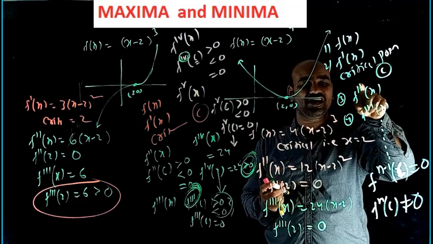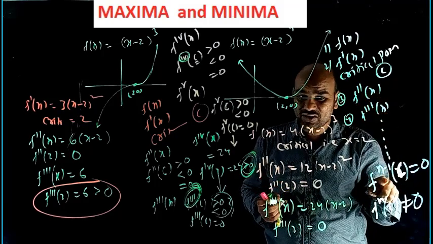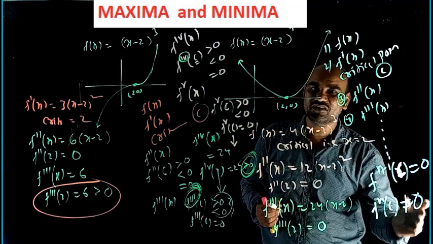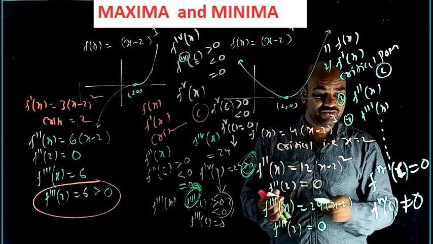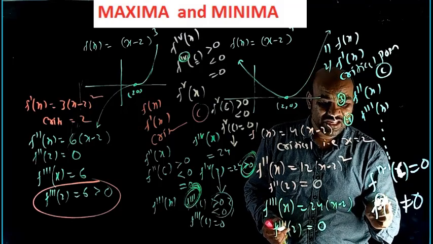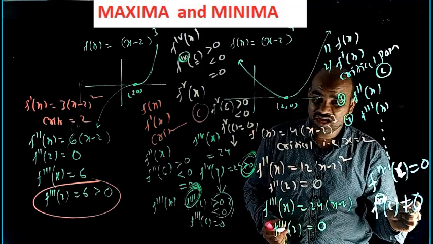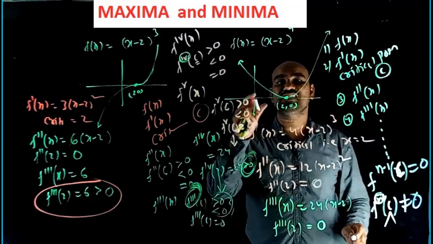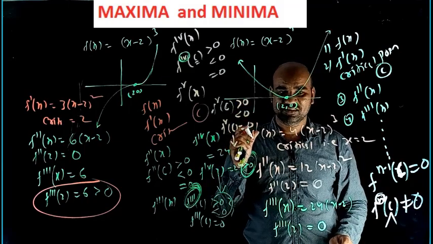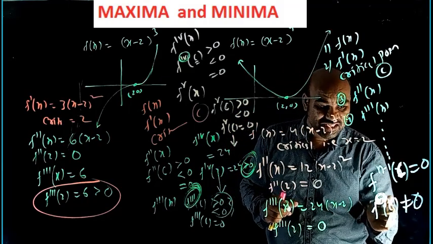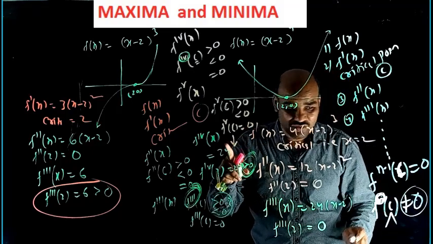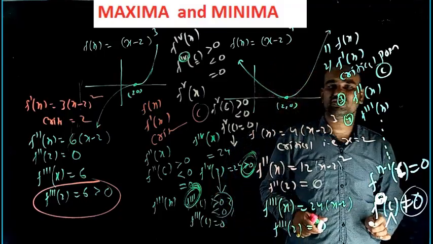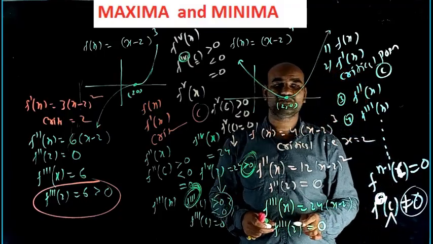First derivative, second order derivative, third order derivative, up to (n minus 1)th order derivative, and the nth derivative of c is giving a non-zero value. It may be greater than 0 or less than 0. Okay. If here n is odd, and the value is a non-zero number, then c is treated as neither minima nor maxima. If n is even, this non-zero value greater than 0 means point of minima, less than 0 means point of maxima. This is the statement, or working rule, of the nth order derivative test.